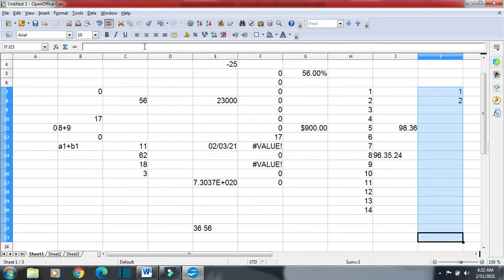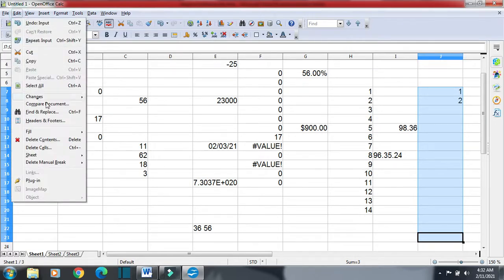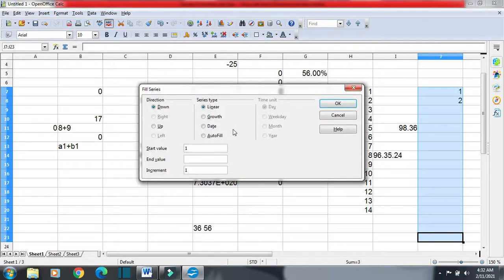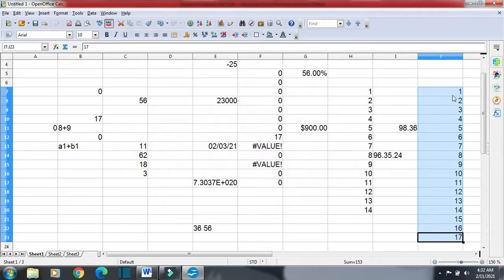I go to Edit, then Fill, and from here I go to the Series option, and here you will see the start value is 1, increment is also 1, so 2, 3, 4, 5, 6 like this. Then click on OK. It will fill the whole series. So we have two methods that we can use to fill the series.